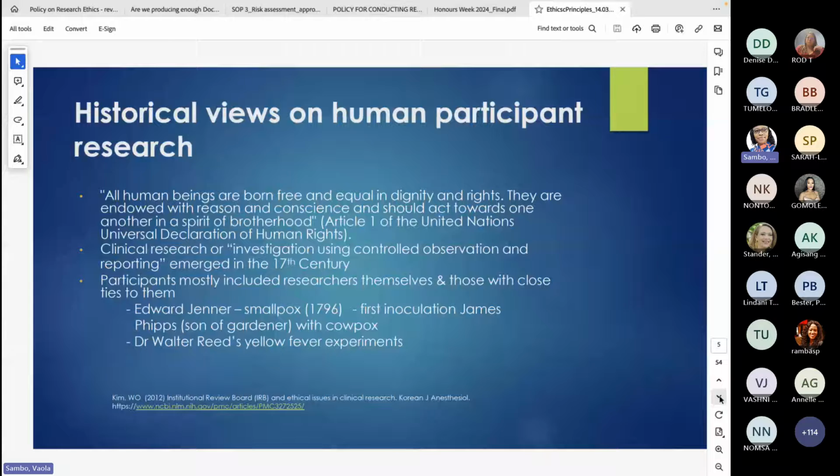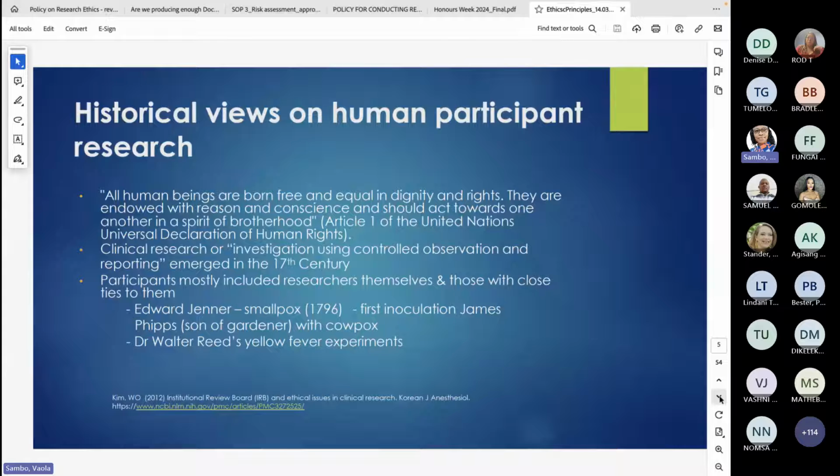Okay, so I'm going to now speak to you briefly about historical views on human participant research. The first quote there is from Article 1 of the United Nations Universal Declaration of Human Rights. And I'm quoting, "All human beings are born free and equal in dignity and rights. They are endowed with reason and conscience and should act towards one another in a spirit of brotherhood." So again, emphasizing,